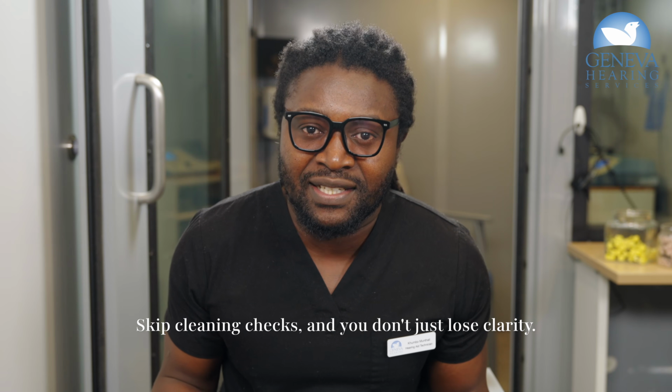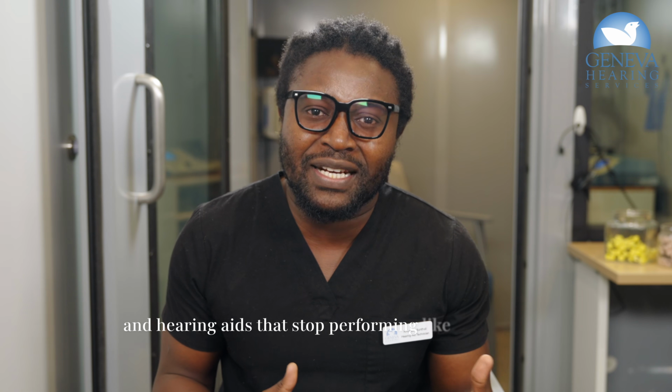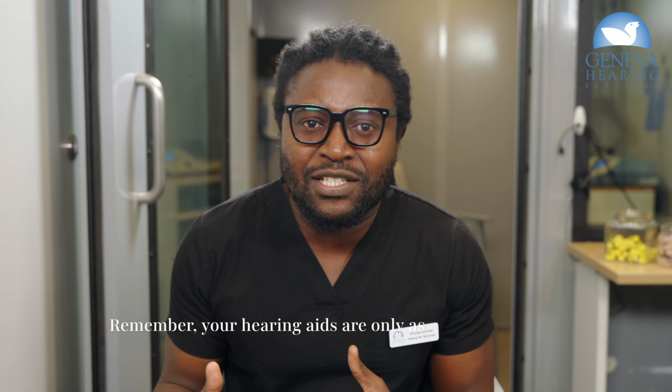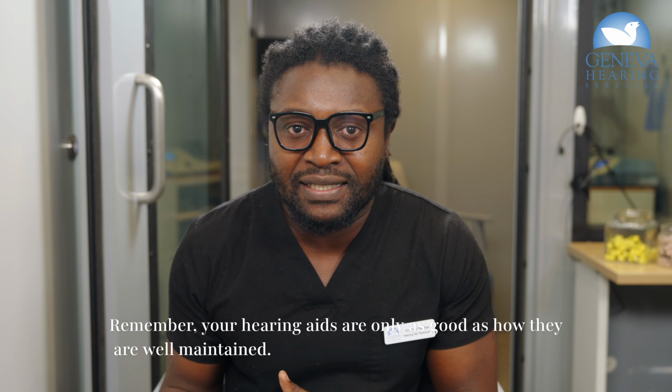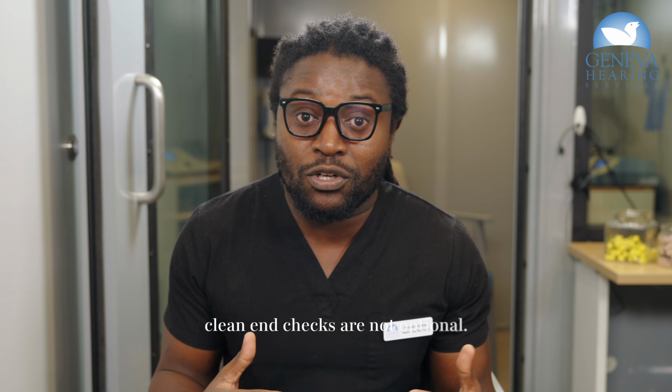Skip clean and checks, and you don't just lose clarity, you increase the risk of breakdowns, repairs, and hearing aids that stop performing like they should. Remember, your hearing aids are only as good as how well they are maintained. If you want to hear at your very best, clean and checks are not optional,